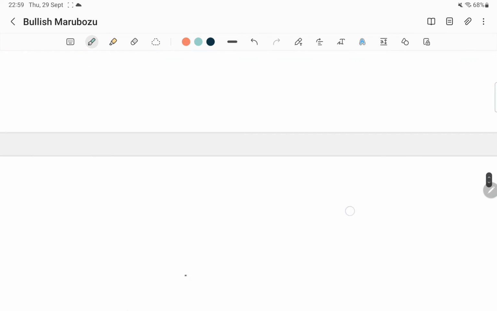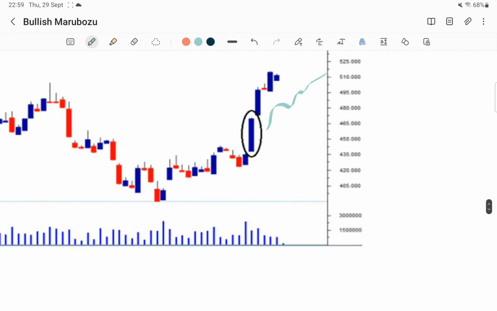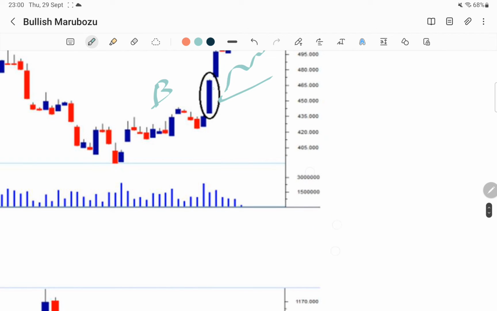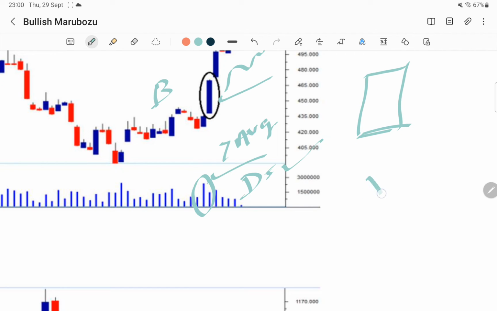Remember one thing, again just come here. Whenever you are seeing the Marubozu candle, just take this particular candle. First thing you have to see, the body must be big. The body part whatever you are seeing must be big, and the volume must be high. In the sense, I'm not telling you super high, but at least higher than the average. And remember, on that date, understand how much delivery has happened, how many people have taken the stock to their home. If a Marubozu is getting constructed where the volume is very high and delivery is also very high,